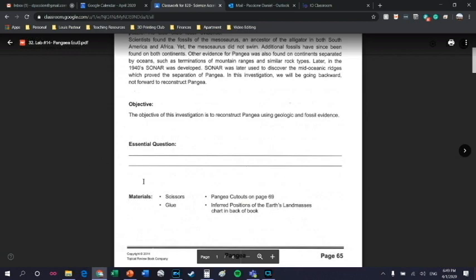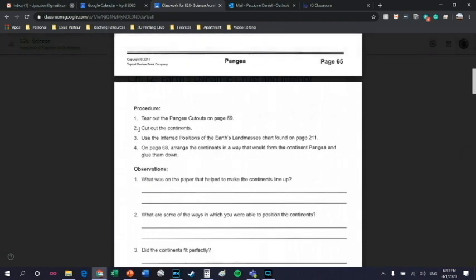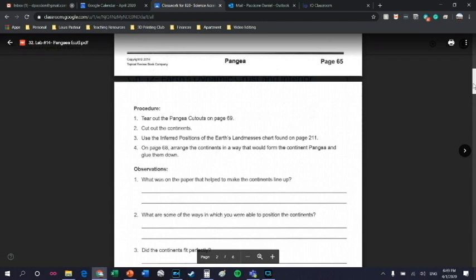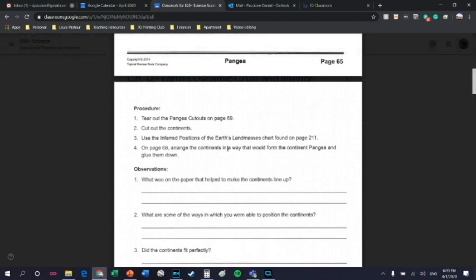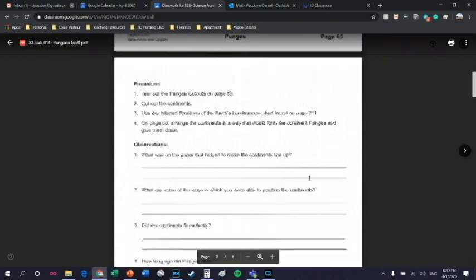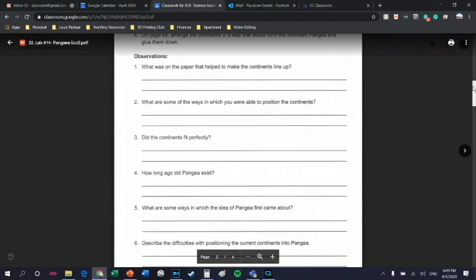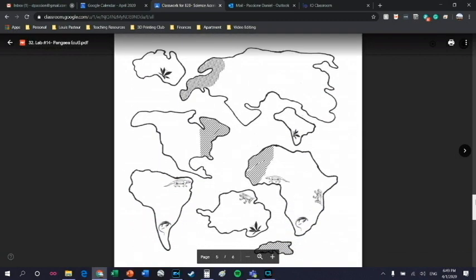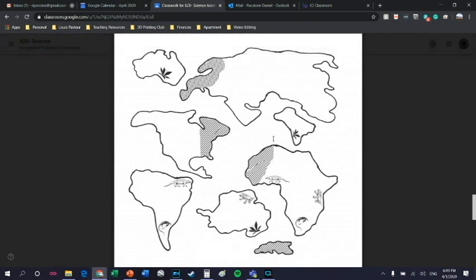Obviously ignore the essential question. That's useless. Here's a procedure. You have to cut out all the continents, and you have to arrange the continents in a way that would form the continent of Pangaea. And how are you going to do that? Well, you're going to do that by using the similar features and making sure that similar features are near each